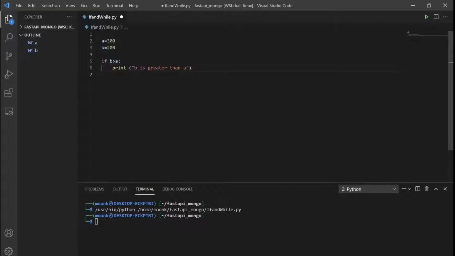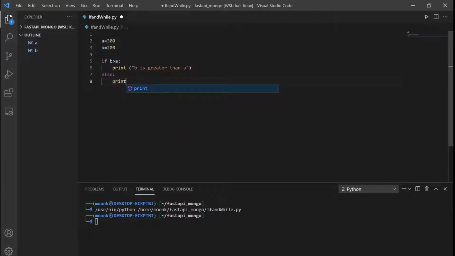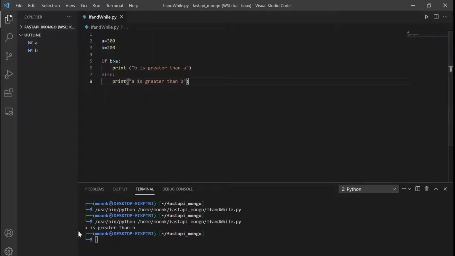Now let's write the else part of the statement. Else will be executed when if is false. Else will print A is greater than B. Save, execute. Now here the result is A is greater than B because it was checking the condition B is greater than A, which is not, so if block will not be executed,